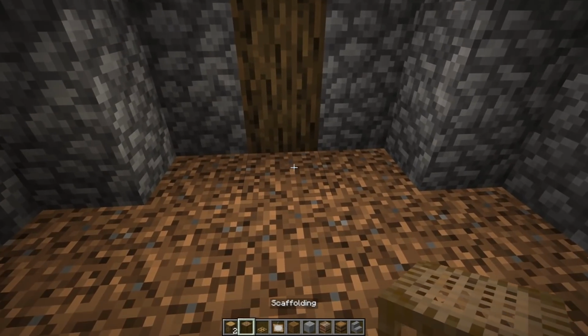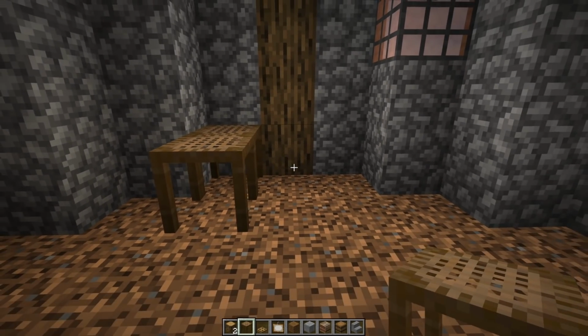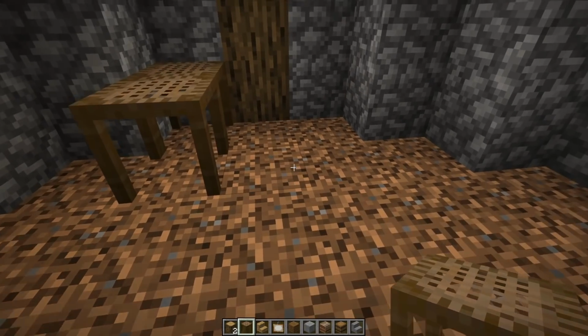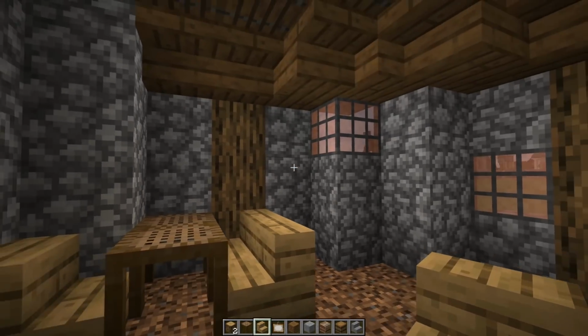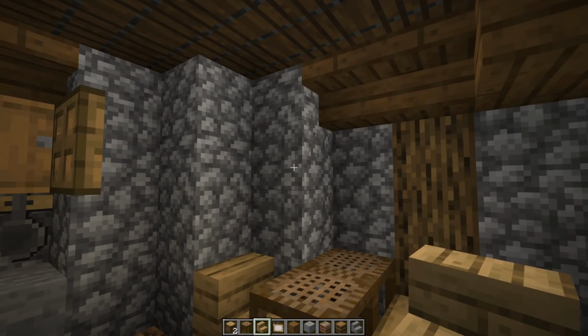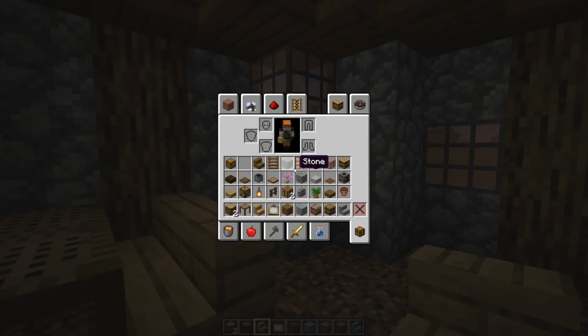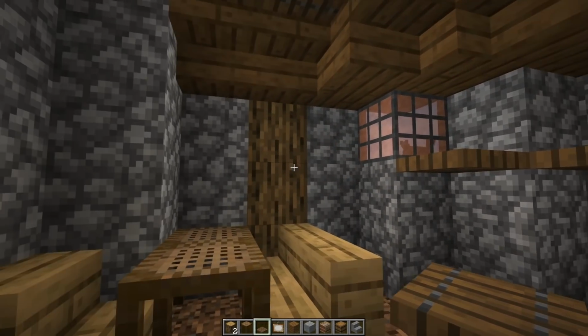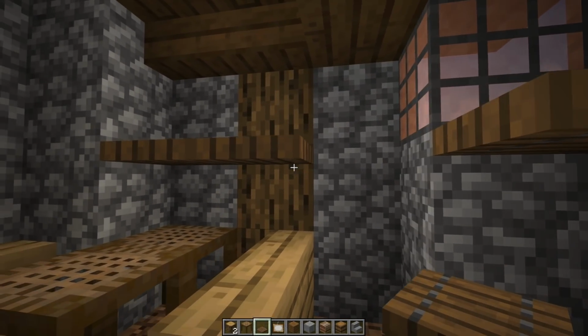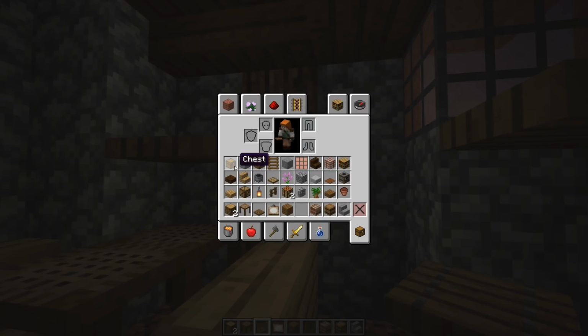And then for our seating area, let's just have it kind of popping out right over here, and then bringing in a few of our oak stairs just to have somewhere for people to sit down. And then we need to start figuring out places where we can throw in, like we had the barrels and everything in the ceiling, and then we also had those little flower pots right over in that area. So maybe we do something like this, and we're just kind of turning the furniture around so it's